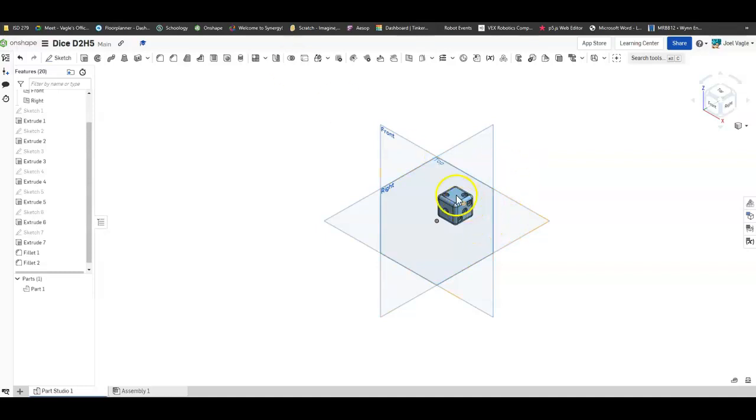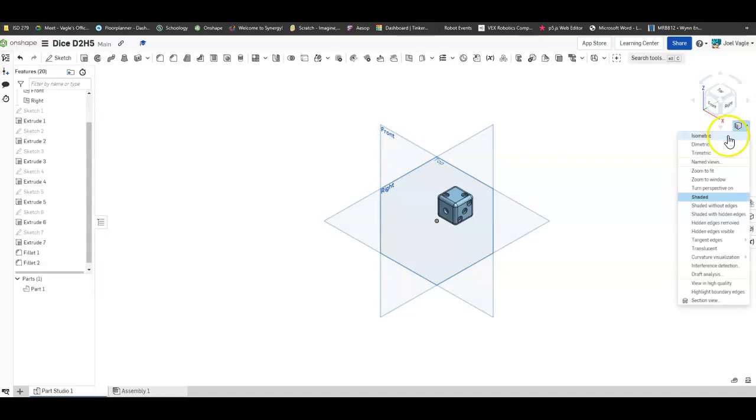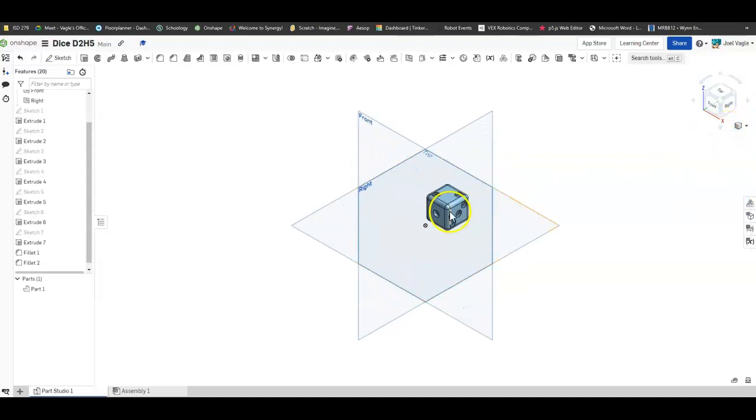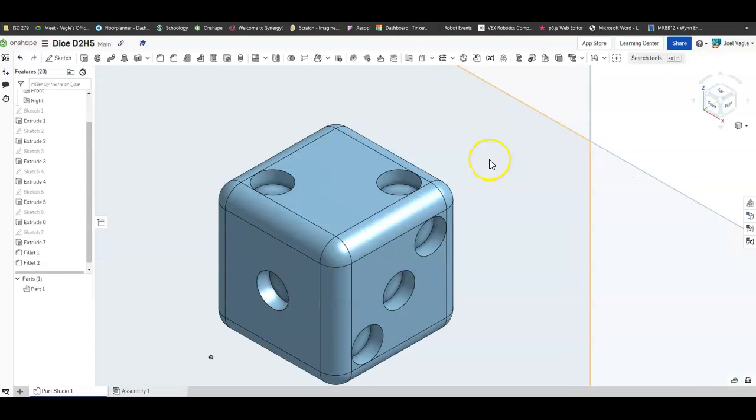Now that the corners are all rounded, I've gone to my isometric view, clicked on the view cube, went isometric. I'm going to zoom in because now I'm going to put my name on the top of this, or my initials. If you've got more than 6 characters in your name, you're going to have to probably just use your